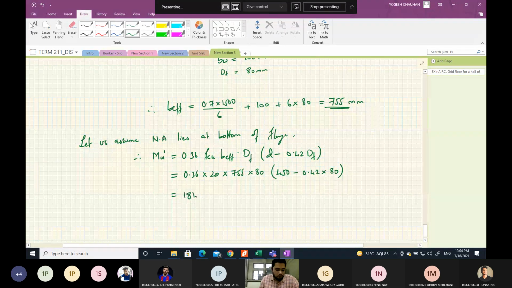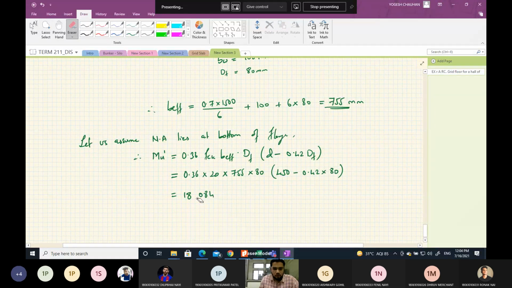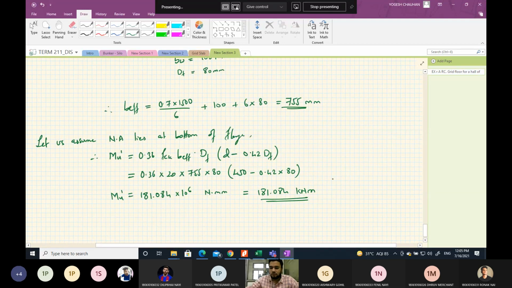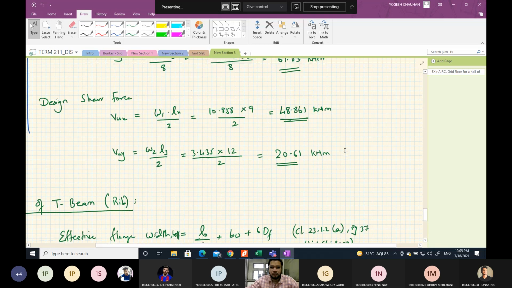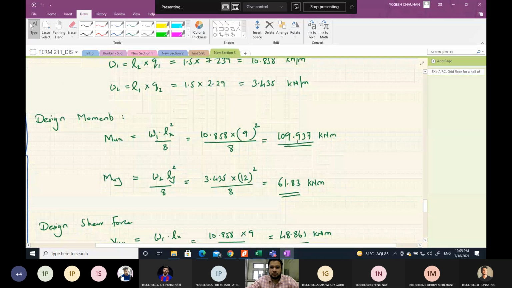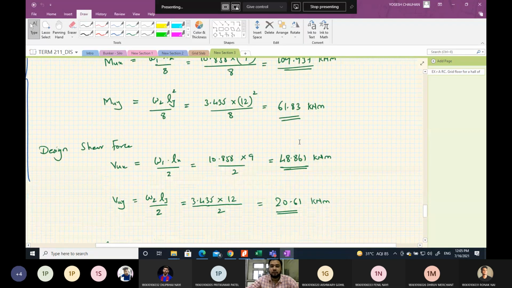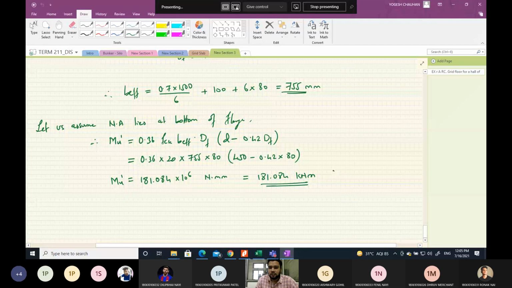So it is 181.084 into 10 to the power 6 Newton mm. So that is 181.084 kilonewton meter. This is your Mu dash. Now this value you compare it with the design moment. So the design moment is 109.937. So it is much greater than